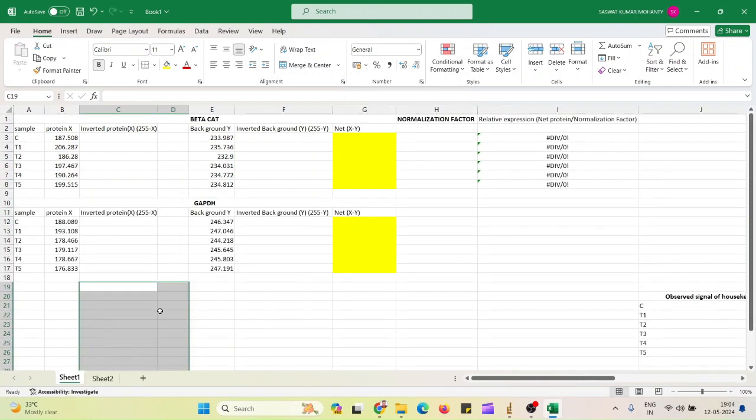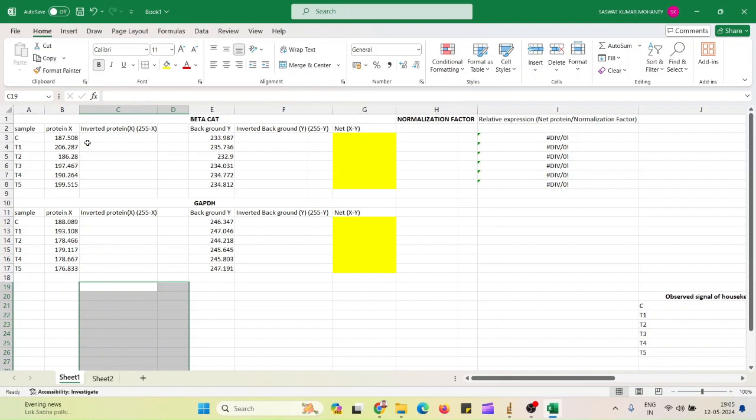Now remember that in ImageJ, if the mean value is less, it means the band is thicker or has more intensity. For a more intense band, you will get a very low mean, and for a light band, you will get a very high mean. Because ImageJ gives you the expression of how much area was not covered, meaning not showing any bands.